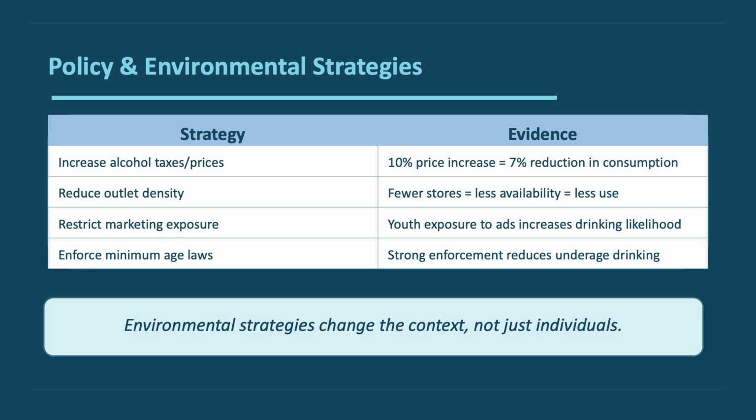Reducing alcohol outlet density. So the less alcohol is available to be purchased, the less that people are going to consume. Restricting marketing. So exposure to ads is incredibly predictive of alcohol misuse, especially among youth. There's a really clear trajectory there. And increasingly, we're starting to have more and more research that shows that exposure to marketing with women on it actually increases rates of domestic violence and sexual assaults. And so there's a number of ways that in reducing marketing, alcohol marketing actually improves a lot of different community variables, alcohol misuse, violence, and others.